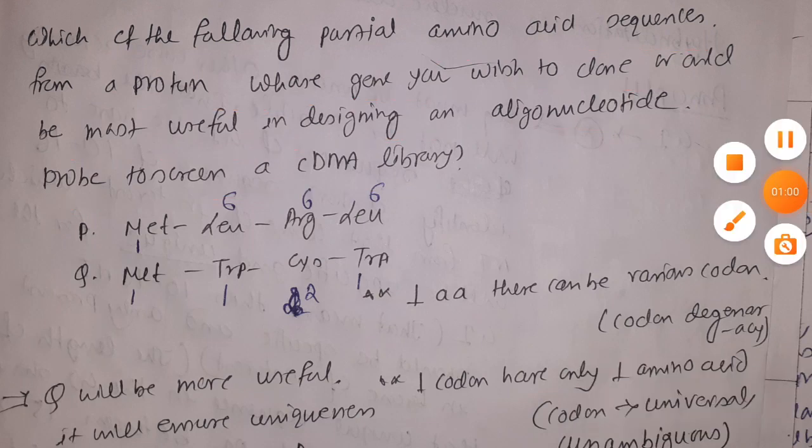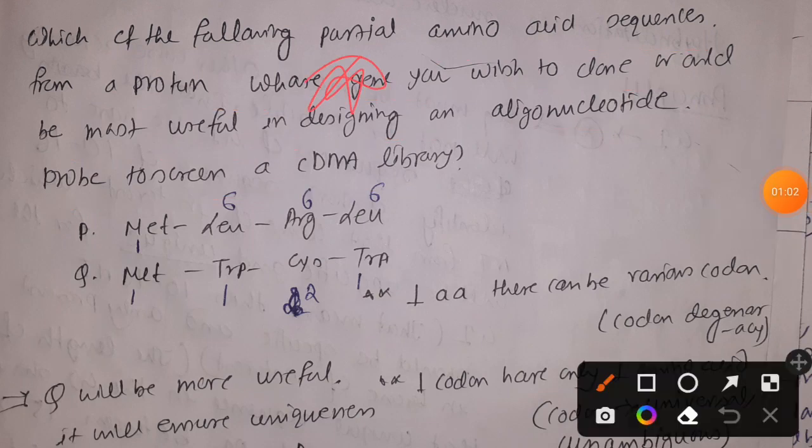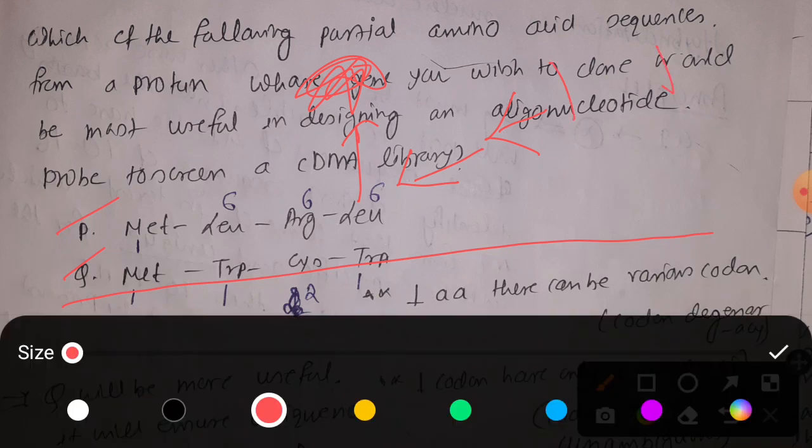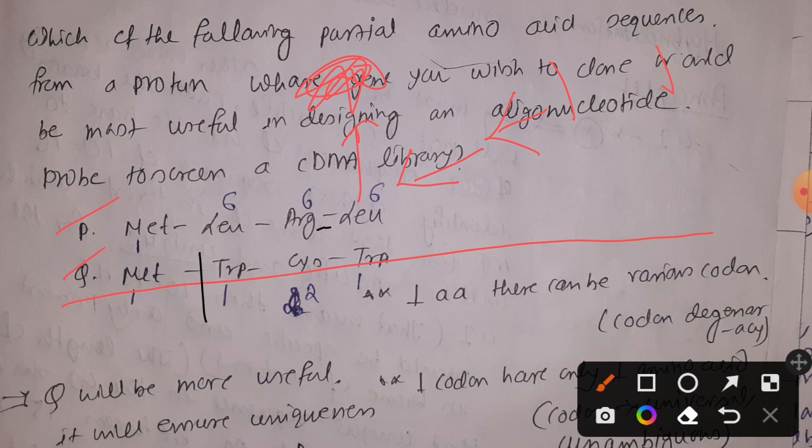That means what they are telling us. Let's try to analyze. It is a protein, and this protein is coming from a gene which we want to clone, right? Now they have provided two kinds of protein sequence. If we perform a reverse translation, we will get two DNA sequences. These two sequences are nothing but some portion of the total DNA sequence